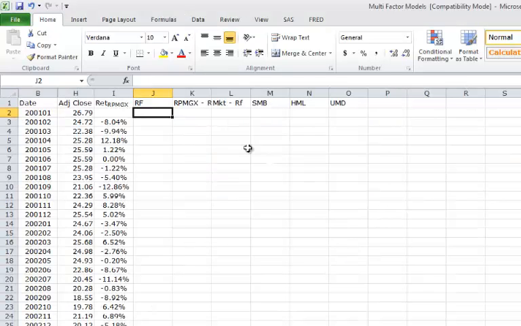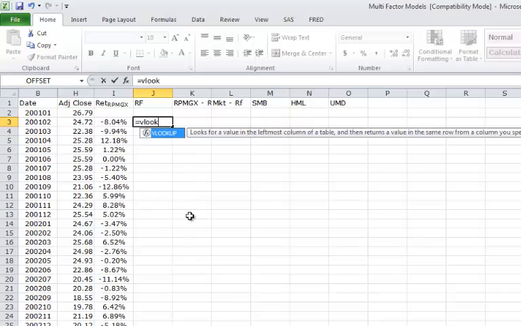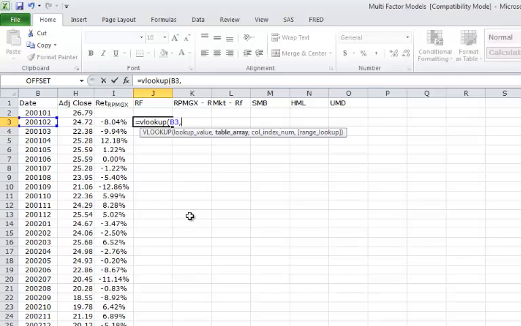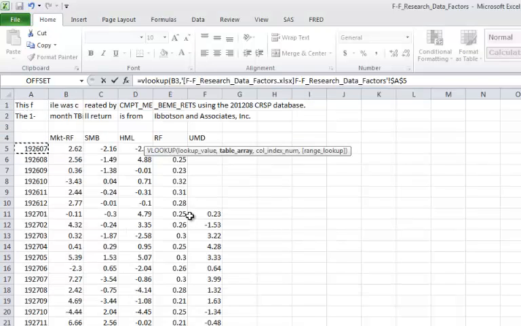All right, so what we want to do over here in our file where we're going to estimate the regression, we need to get the risk-free rate. So we're going to use the VLOOKUP function, and we're going to look up this date on this sheet over in the Fama French factors. So we'll highlight this